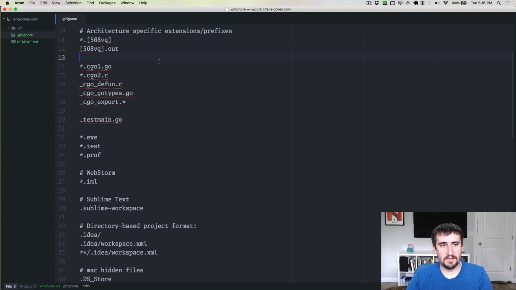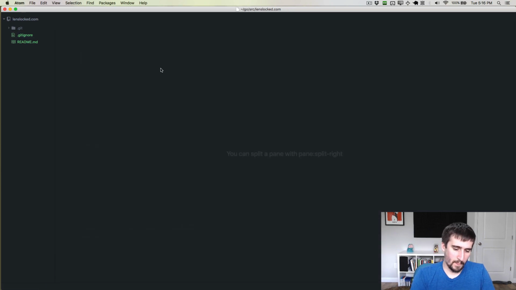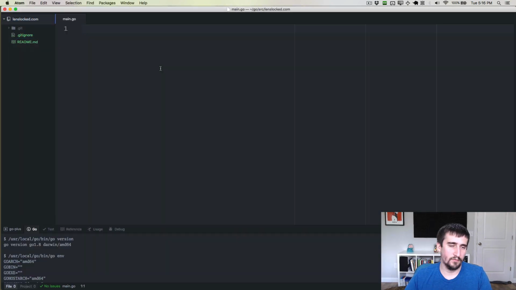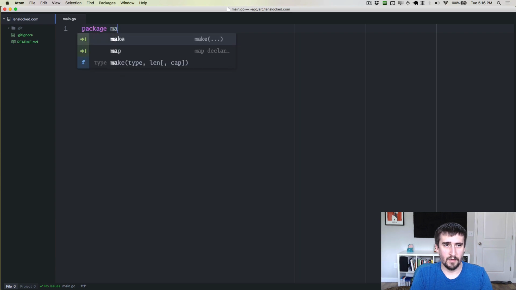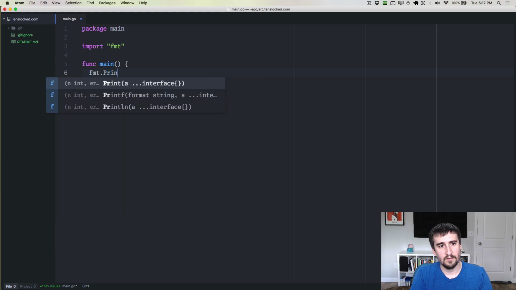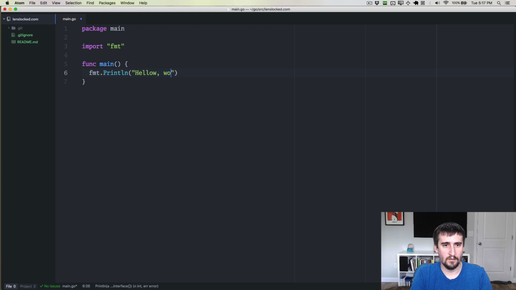So the very last thing we're going to do is create just a quick Go file to test this out and make sure everything's working right. So we're going to make package main, func main. We're going to use the fmt package, or the fumpt package. I'm going to warn you now, I tend to call this the format package because I hate the name fumpt. I just don't like the pronunciation, but technically it is fumpt, I believe. So we're going to do print line, hello world,